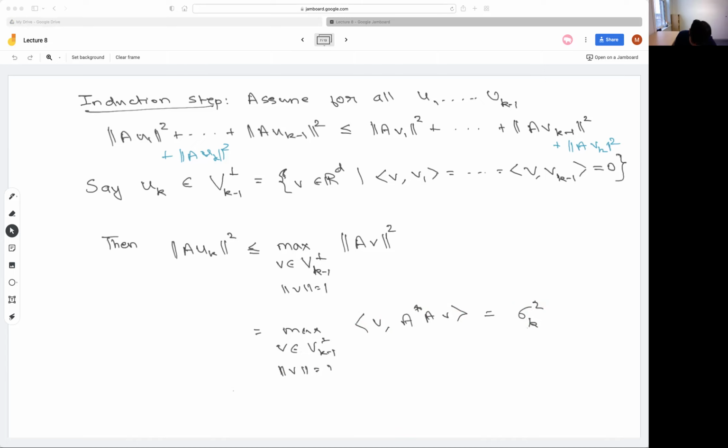I'll let you think about this, but as usual, ask me if this is not clear. You can use eigenvalues, you can use properties of Rayleigh quotients, you can write this vector V explicitly in terms of the basis V1 to Vk completed to the whole space, whichever proof you like. So there are a few different ways of proving this statement. Any questions before we continue?